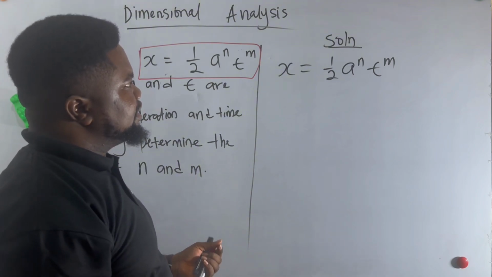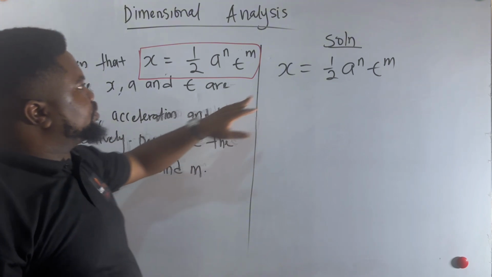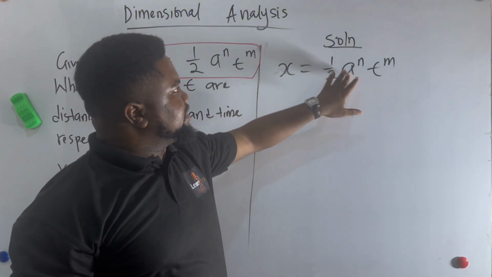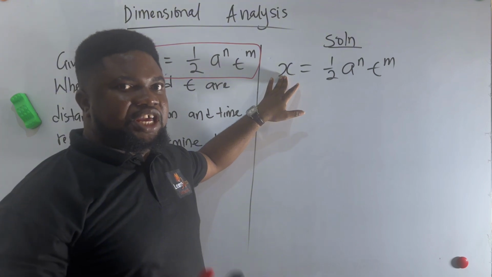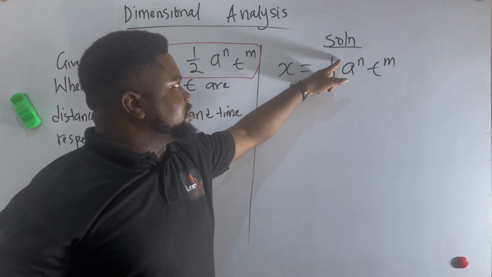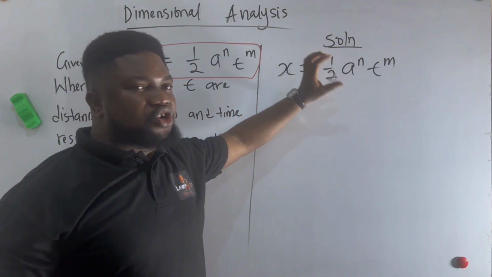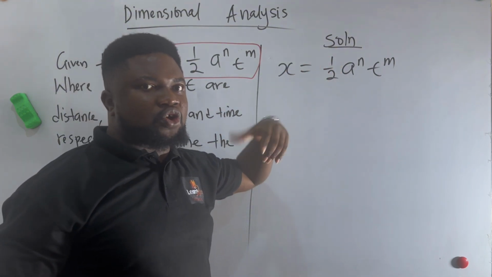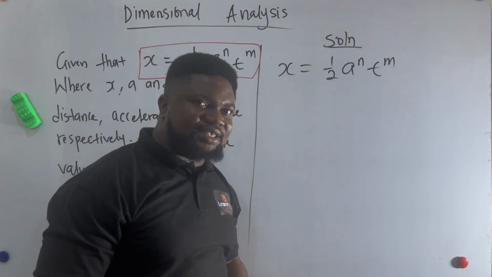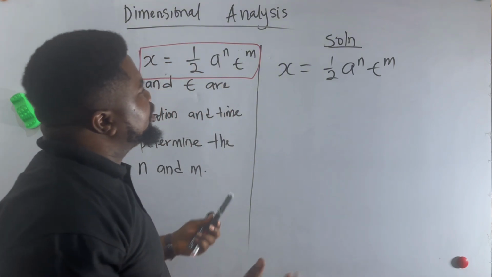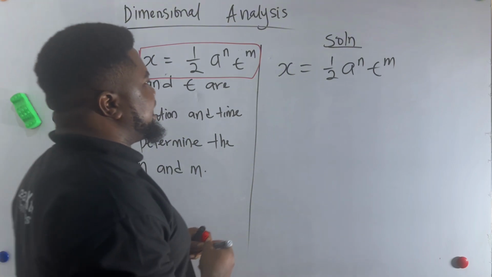Next, you fix in the dimensions of all these things, x, you fix them in. Ignoring this constant here, whether it's k or a number, we ignore the constants. We don't use constants in our dimensional analysis. So quickly, if we do that, x is distance, and distance